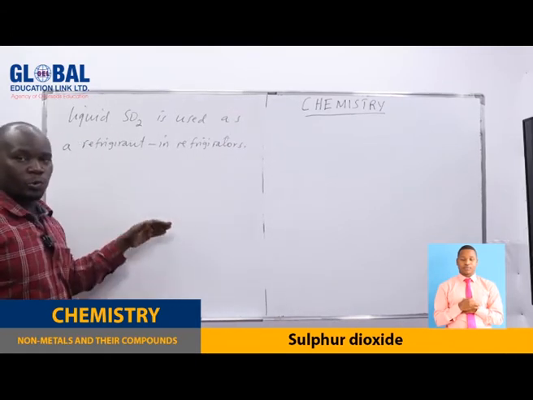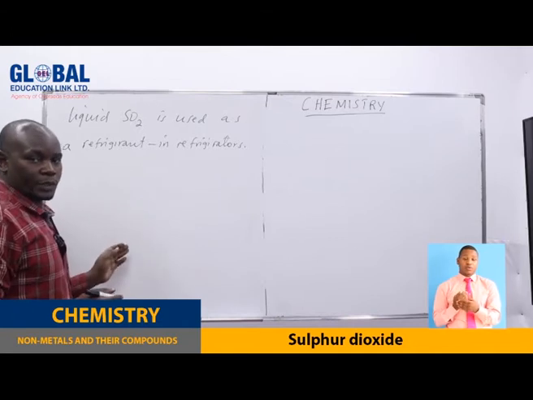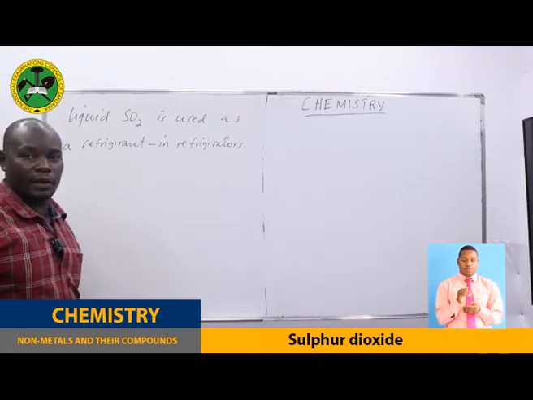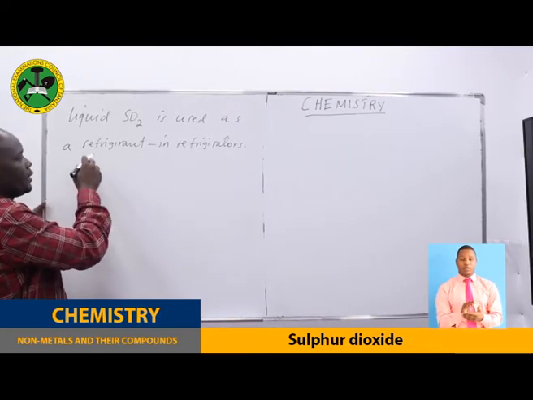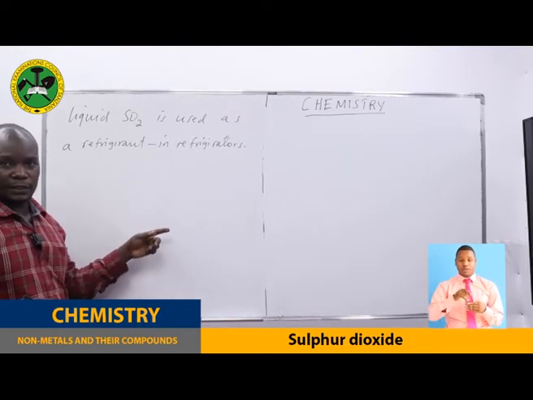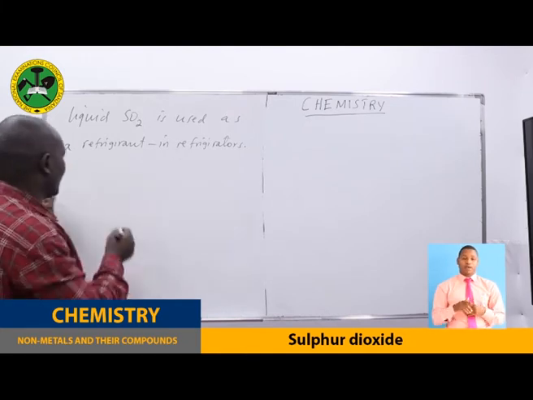And this is due to its cooling process that takes place at very, very low pressure. So that is why we use it as a refrigerant in refrigerators. But from there now we have the hazards